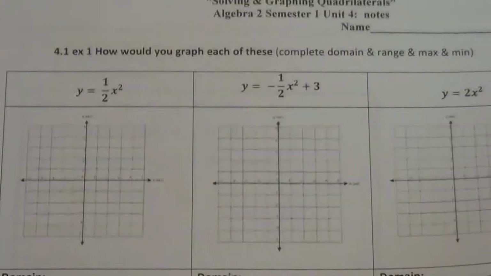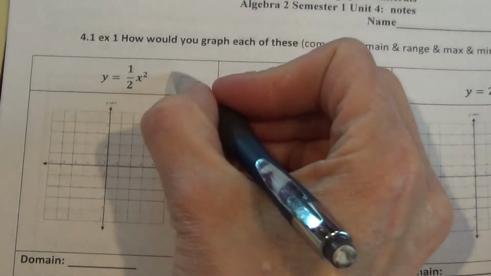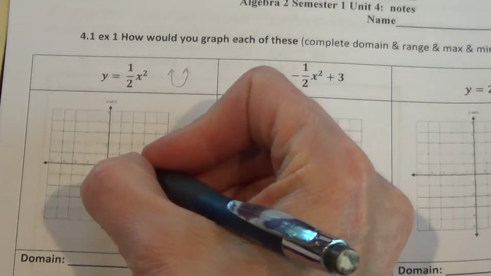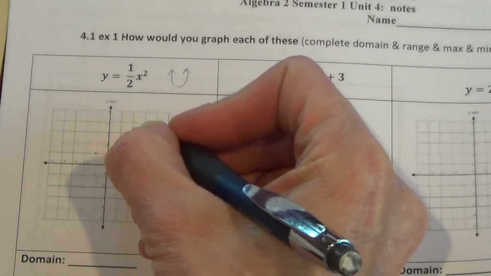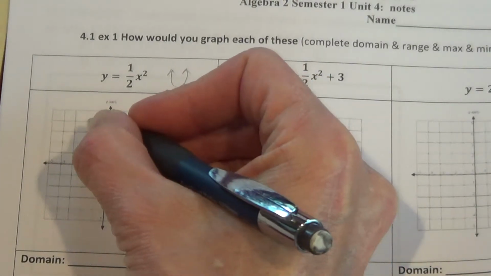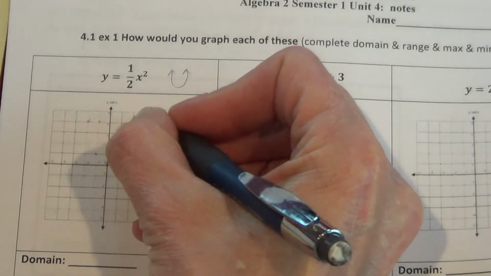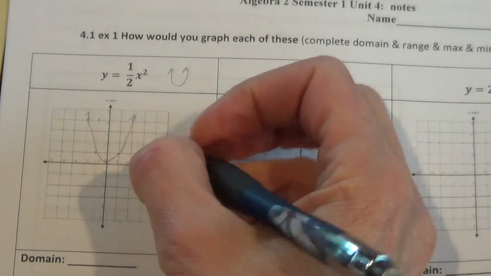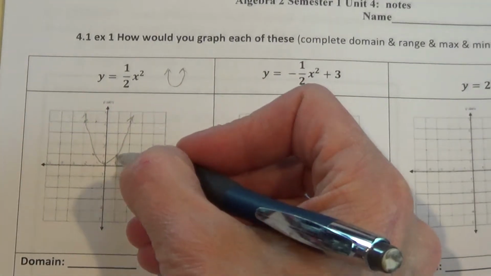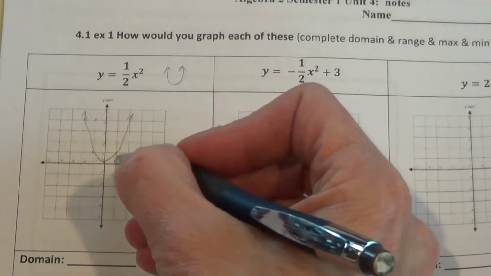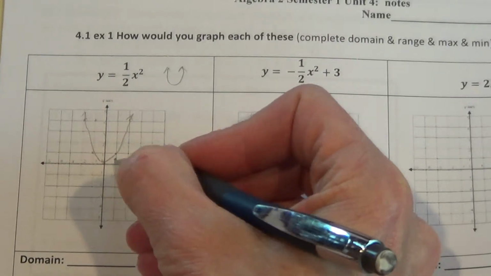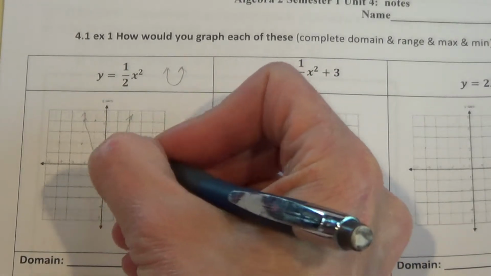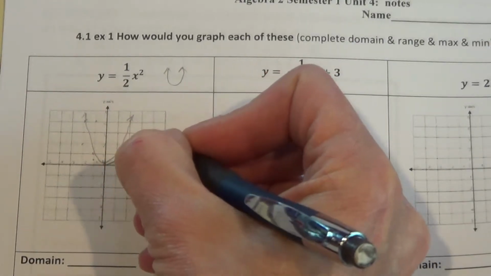Again, the x squared will be that U shape, and this 1/2 in front takes the parent graph that goes like that. It takes that parent graph and shrinks it down to the x-axis, so that where our first point was over 1, up 1, it's now up 1/2. And where our second point was over 2, up 4, now it's only up 2. So it brings it out quite a bit wider